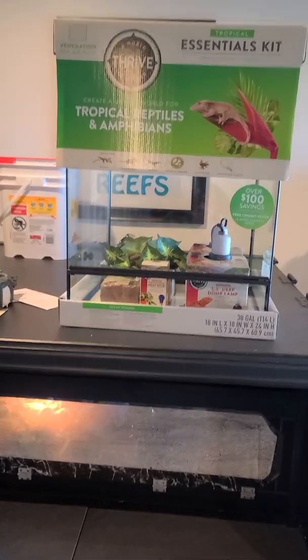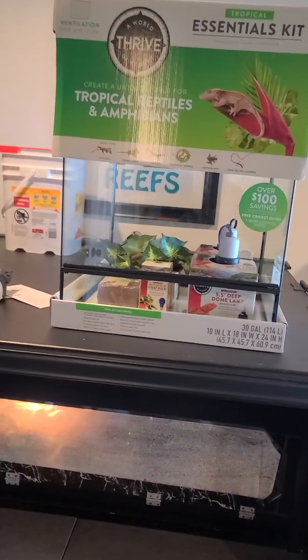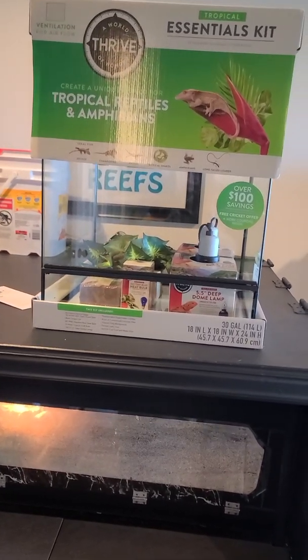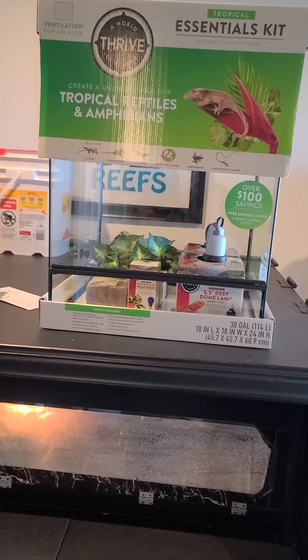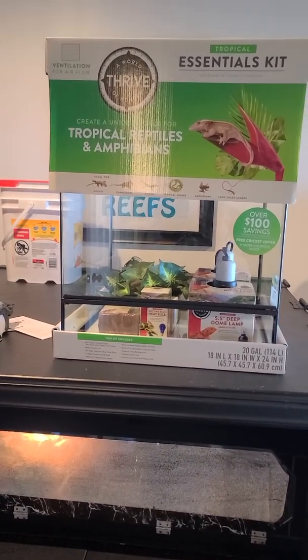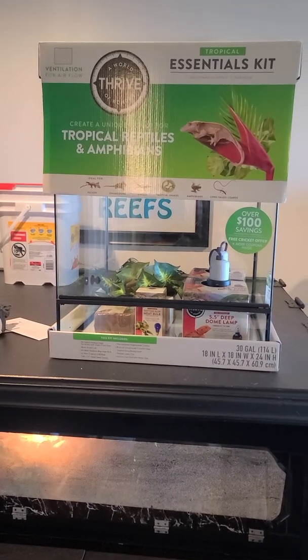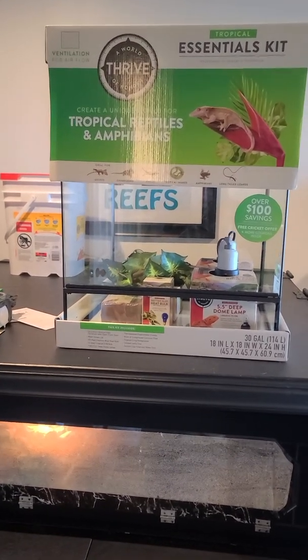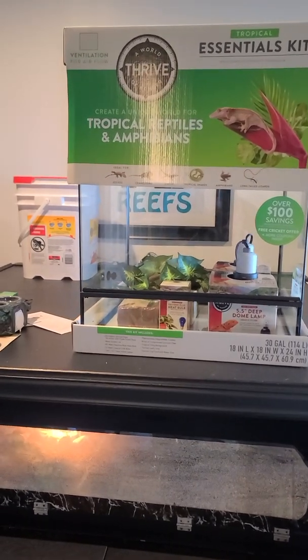A lot of times I'll paint three sides, make the animal feel a little bit more secure, maybe line three of the inside walls with PVC sheets. That makes it much more of a thermal situation. And you can cover a portion of the screen top to make it hold moisture or humidity better as well. But anyway,